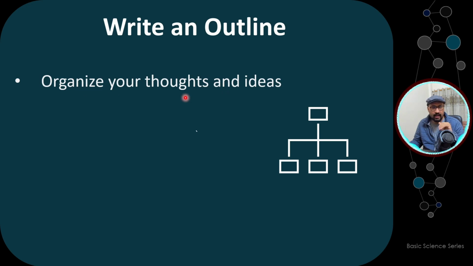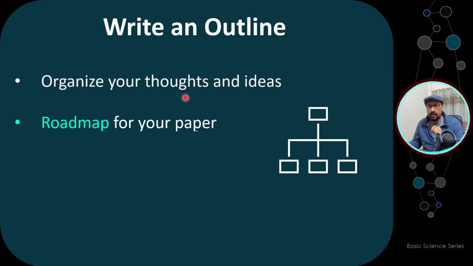Organize your thoughts and ideas. So what is your thought and idea for writing the introduction? Just put it out there, write in a point-wise manner. This is the roadmap of your paper. That is why I told you it's a flowchart. It's a roadmap. How you're going to flow through the information, how you're going to put the information down on that particular piece of paper. So that is the idea of the roadmap.